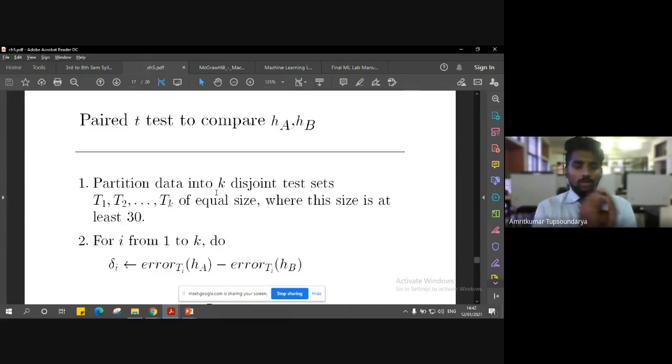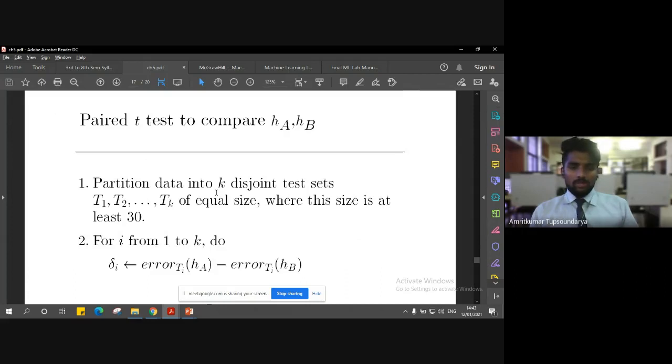So what I mean to say is that the partitions we make of the whole data set are to be equal sized. Let's say we have test sets named T1, T2, T3, and so on till Tk. So k number of test sets is what we have. Most importantly, these are k disjoint test sets.